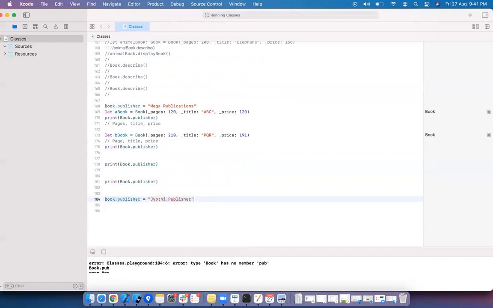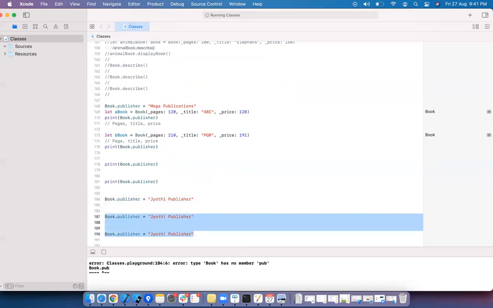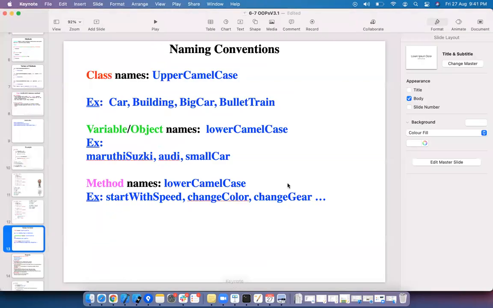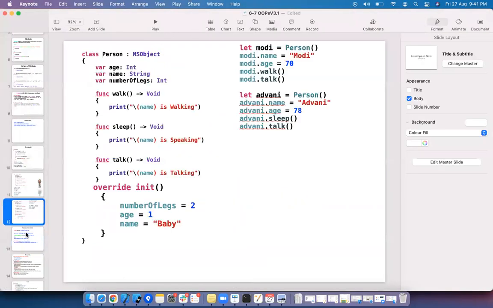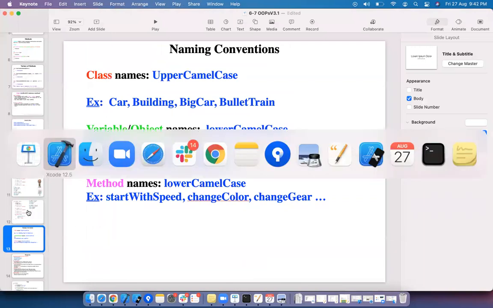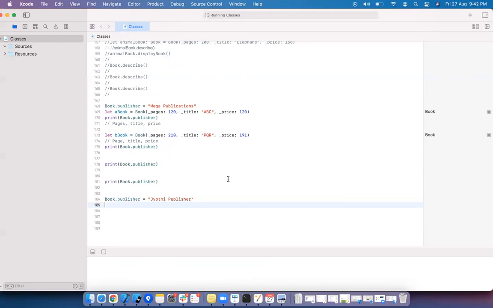Jyoti publisher. Now whatever variables you create from here onwards will contain the Jyoti publisher. Wherever you print, the same thing will be displayed. Anyway, that is not that important, but we need it in singleton.